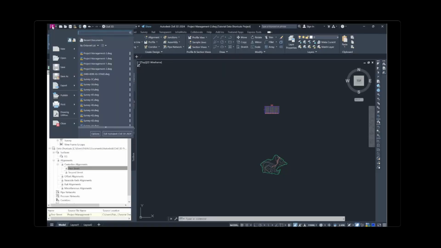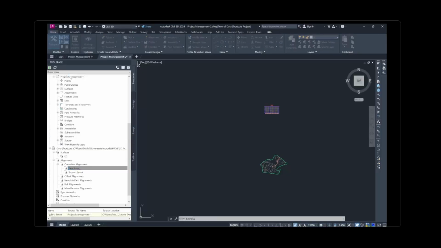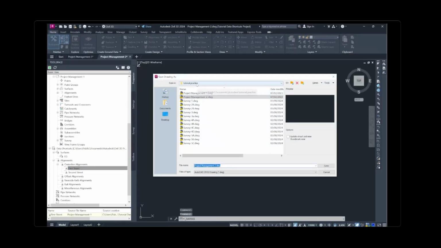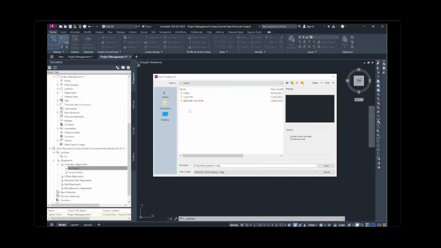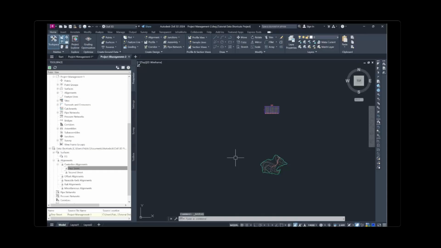We're going to save the current drawing, save as, and then we're going to set it up in the folder as we did before, in the Civil 3D projects folder. We're going to navigate to that as we did before: Autodesk, Civil 3D projects, there we go, tutorial, data shortcuts project, and then production drawings, and we're going to save. Like source drawings, the final production drawings that contain references to other objects should be saved with the data shortcuts